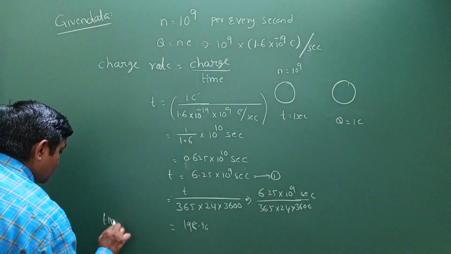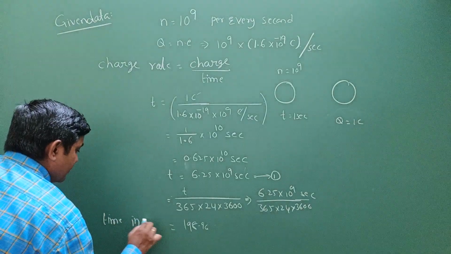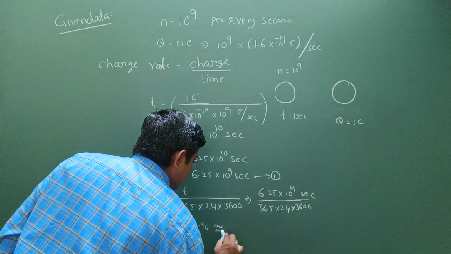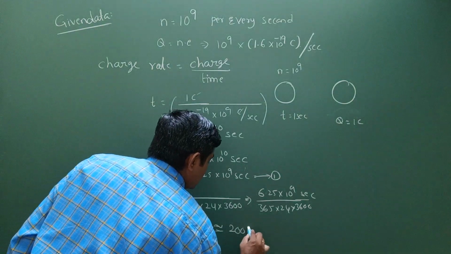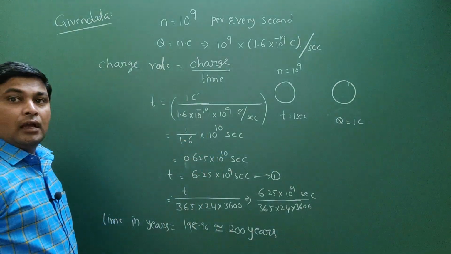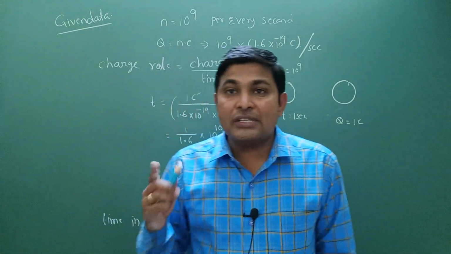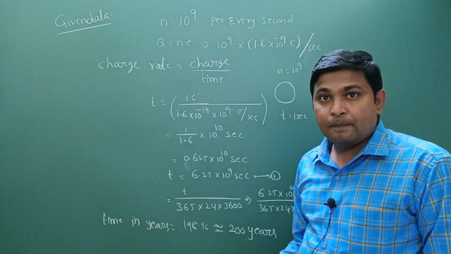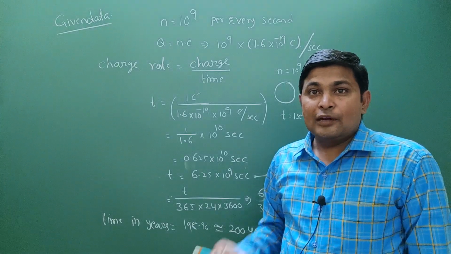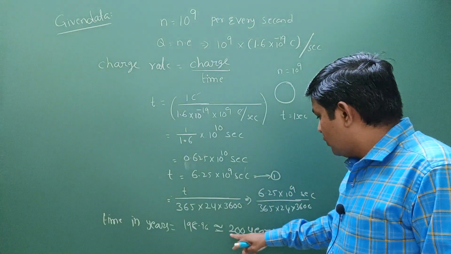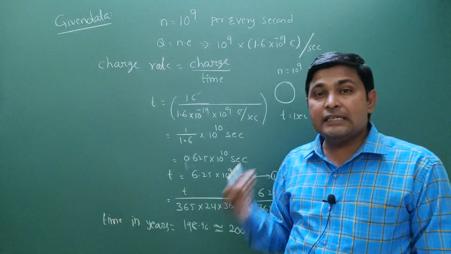Time in years: that means approximately 200 years. Imagine, 1 coulomb charge means how much it is. It is the quantity that would approximately take 200 years